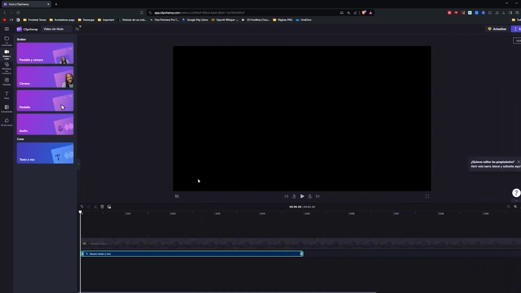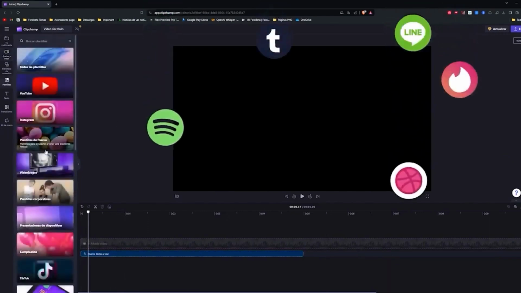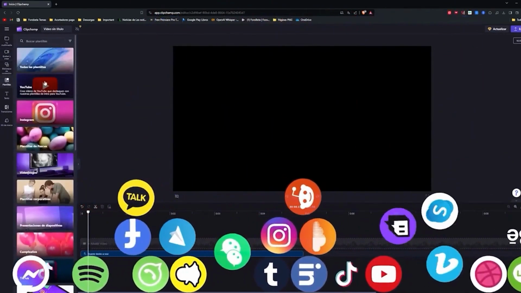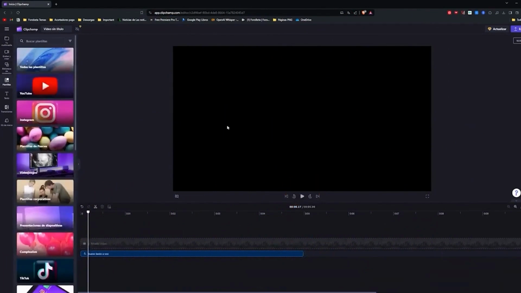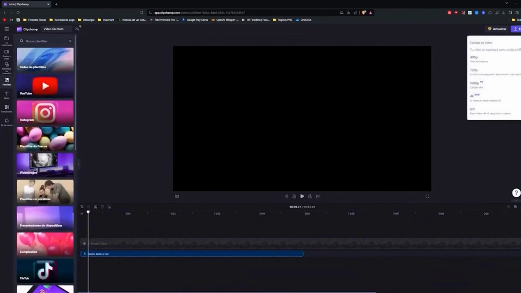Besides that, we obviously have the basic options of traditional editors, which is here in the workspace where you can insert your clips, hit play, and edit completely online. We have tons of templates geared towards social media like YouTube, Instagram, and more. Once you finish editing, you just hit export, and the only downside is that we won't be able to export in 4K, but we can export in 1080p, which is really good quality and basically what most platforms use today. If you need 4K, then you might want to consider the next option we're going to talk about, which is